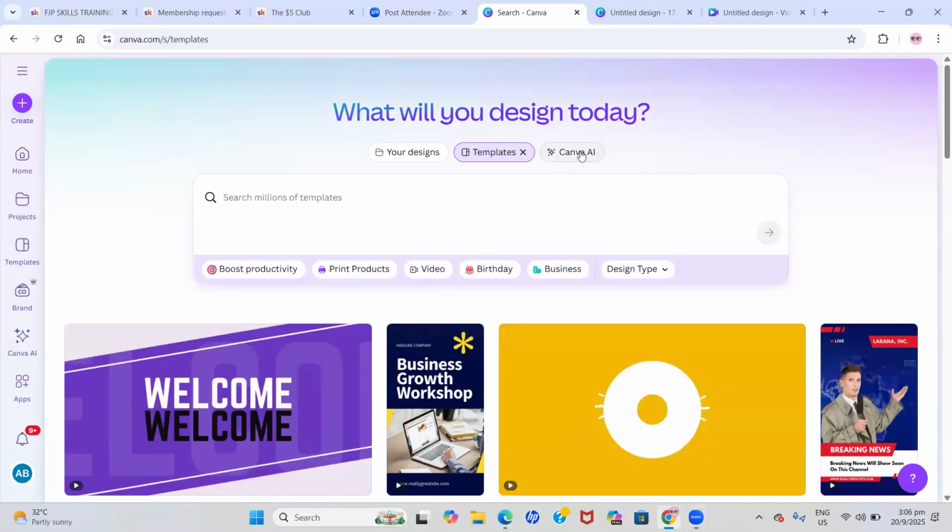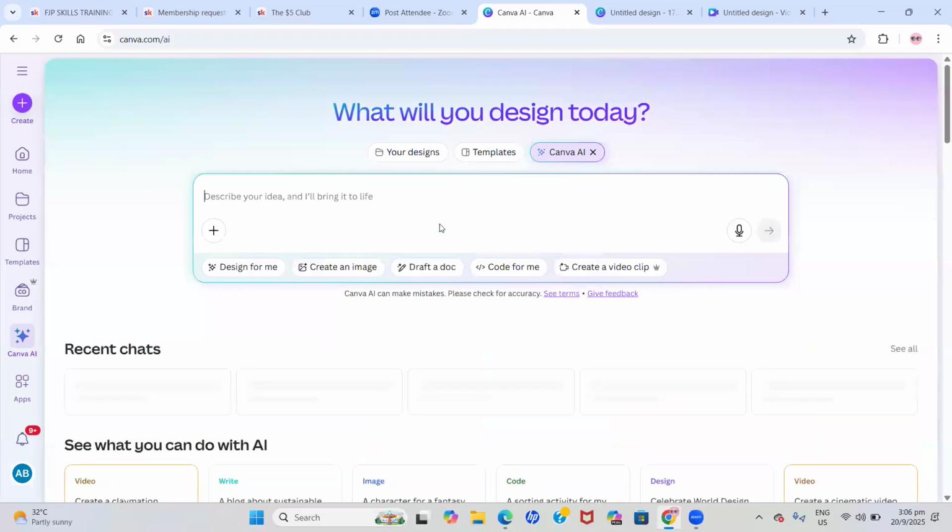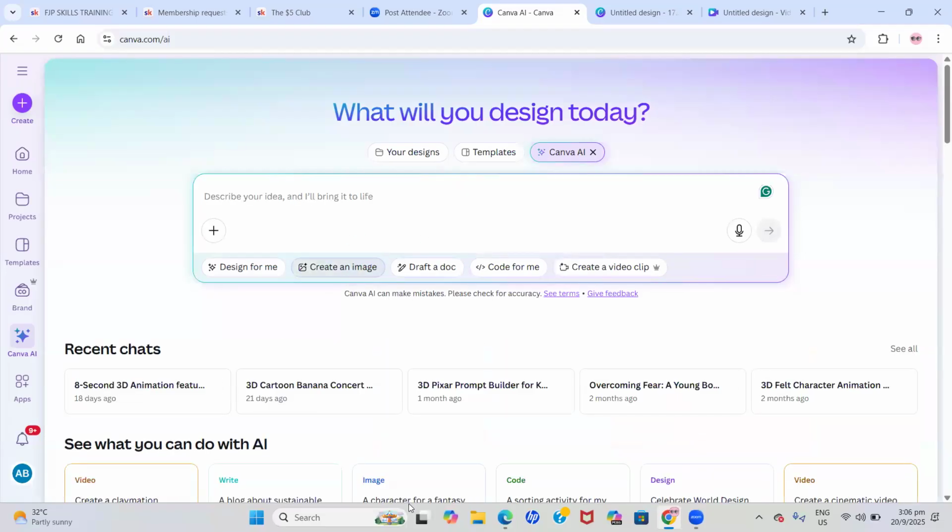And then you have Canva AI, and this is where you can create images. So you can use the AI to create images. You love the templates? So Canva AI, let me just show you how it works. A black hyper realistic woman wearing a red hat and sitting on a bench in a park. So basically, we describe what image we want to see. We can click on create an image